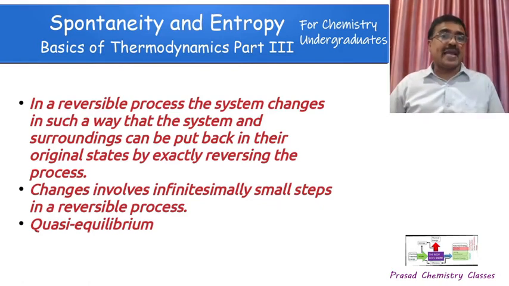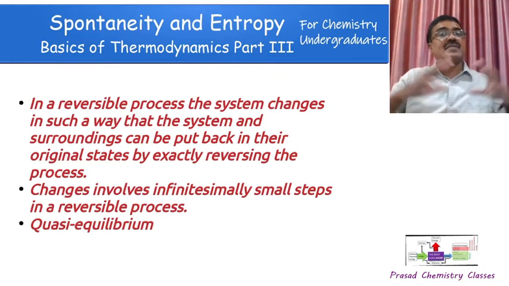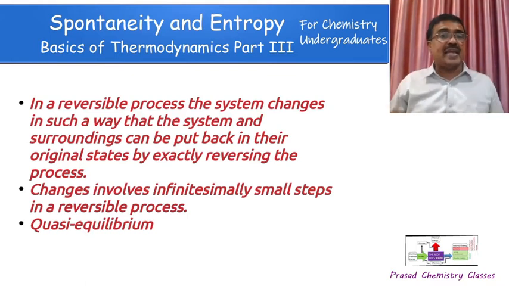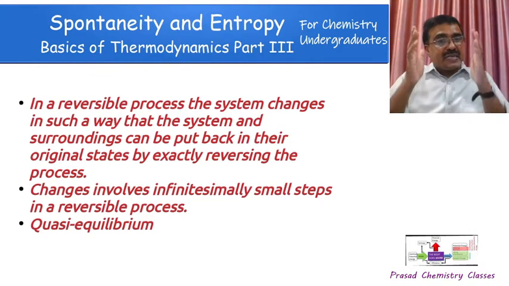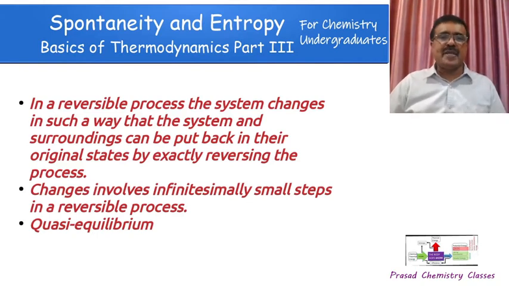This is different from a cyclic process. In a cyclic process, the system comes back to the original state, but some permanent change may happen to the surroundings. A cyclic process can be reversible, but that is another matter. So a reversible process and a cyclic process are different. When a reversible process is reversed, there should not be any permanent change in the system as well as the surroundings. That is the thermodynamic condition. All the changes happening in one direction should go back in the other direction.